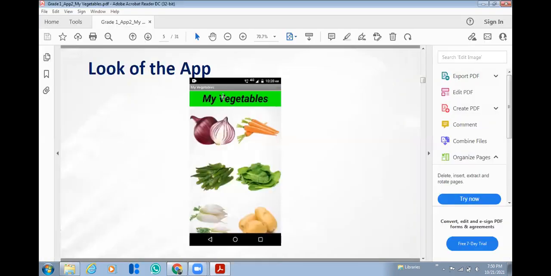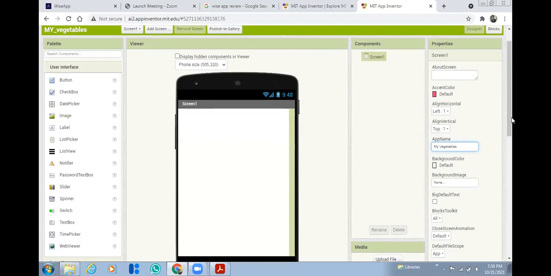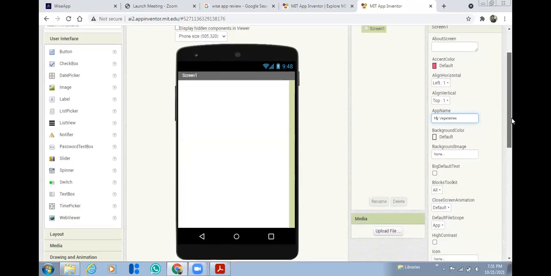First, I have to give the heading as My Vegetable. Before that, I will tell you some screen properties. In screen properties, you can add your icon image. The icon image is like the icon for WhatsApp or Zoom when you install the app on mobile.